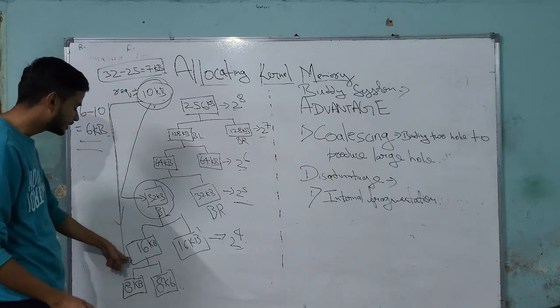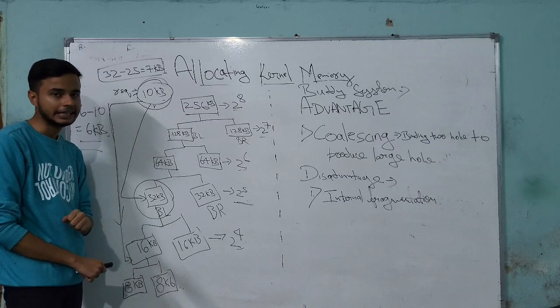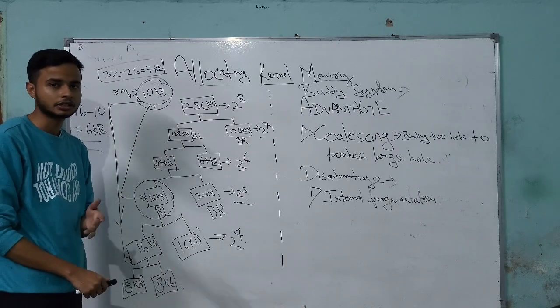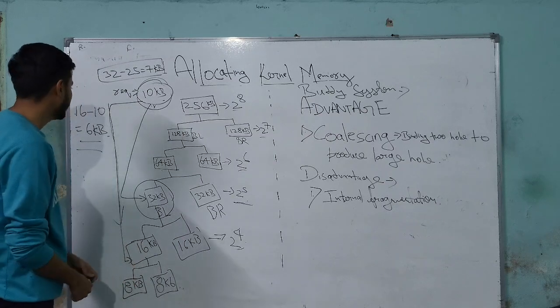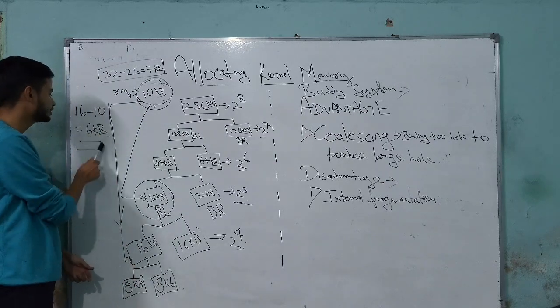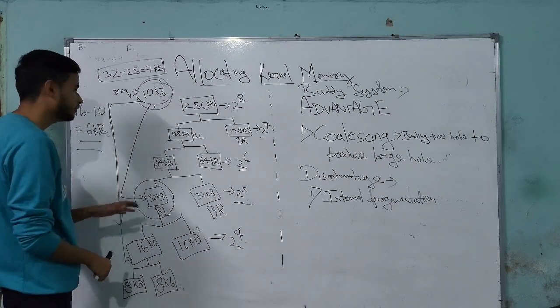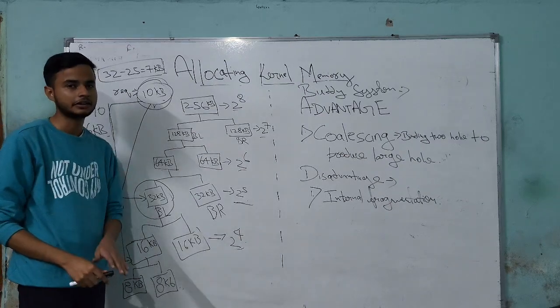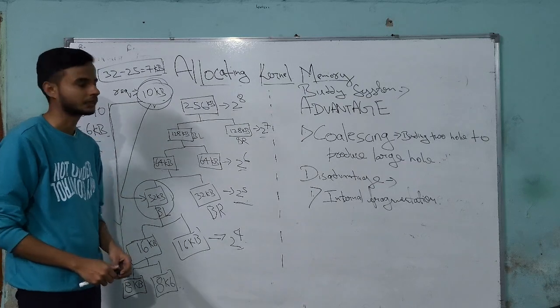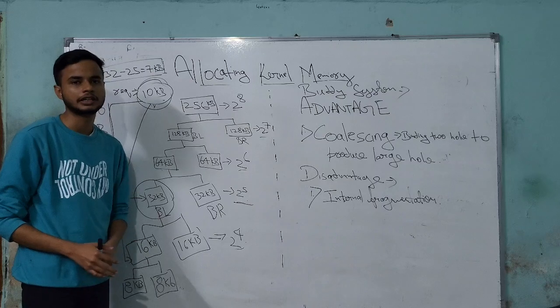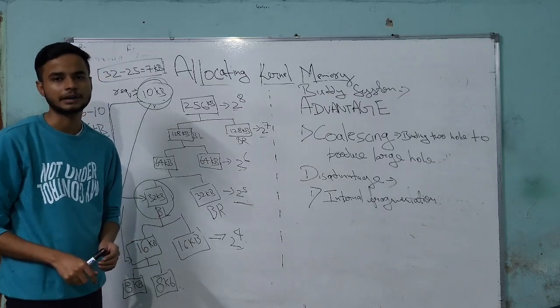So when the 16 kb is allocated to the 10 kb, there will be a case of internal fragmentation, or memory wastage. We have 16 minus 10, which is 6 kb of memory wastage here. So here we have the problem of internal fragmentation in the buddy system. Now we are going to see what the slab system is, and Himanshu will tell us more about it.